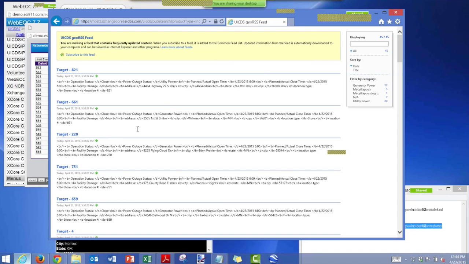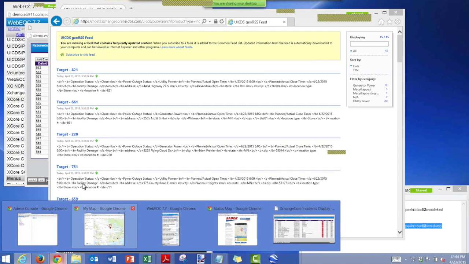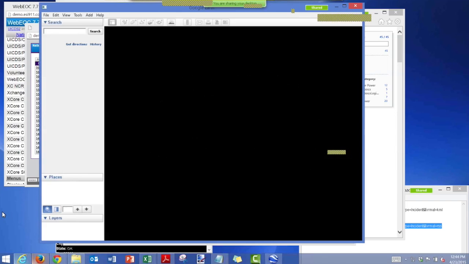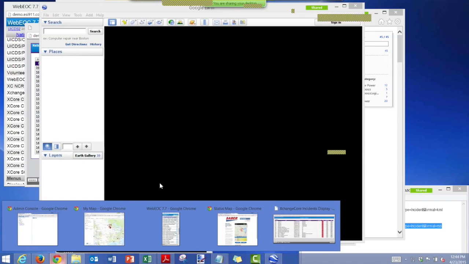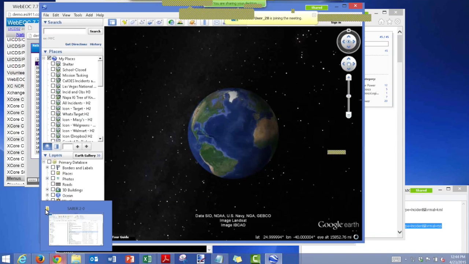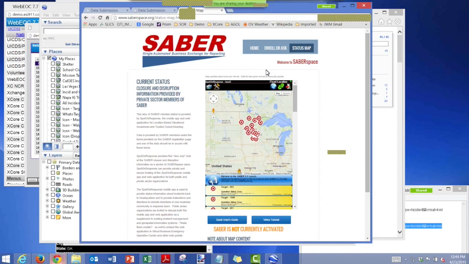So, you want it in text, you have it in text. You want it on maps, you got it on maps. You want it at no cost, you've got it on Google Earth. You want it easily available, it's built into the Saberspace website. And you don't have to do anything other than log into Saberspace to be able to see that. All because it's